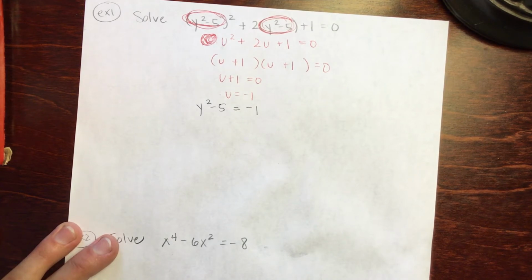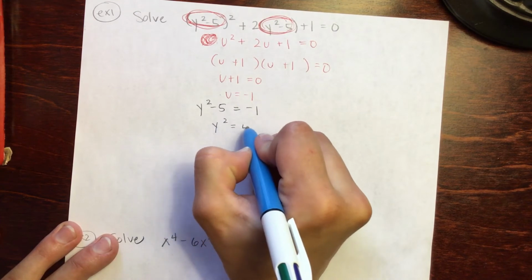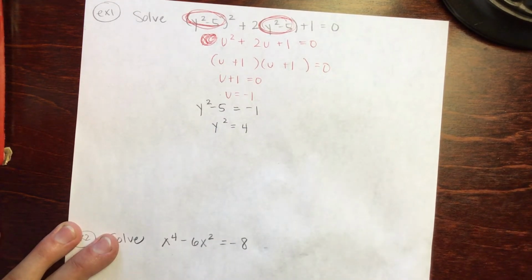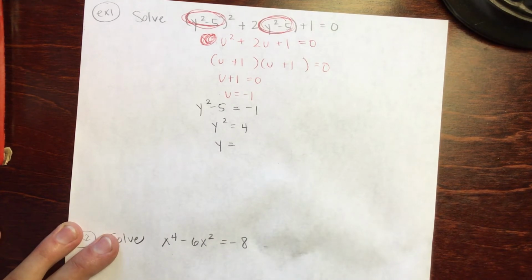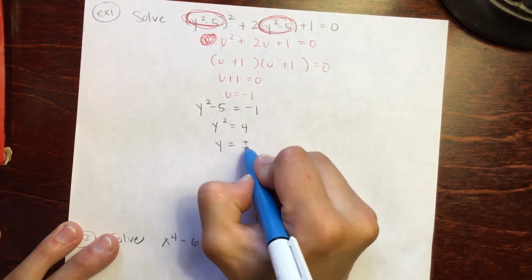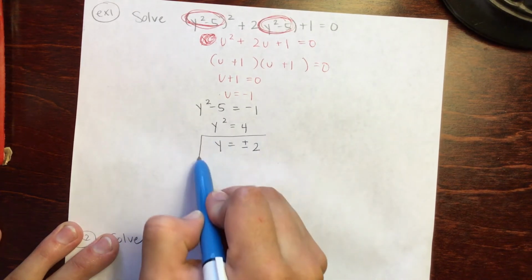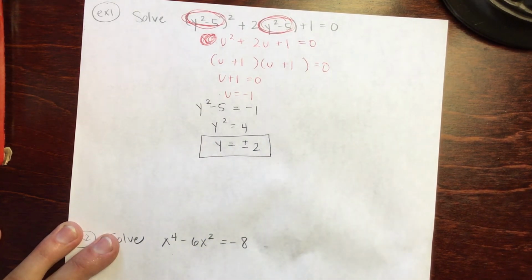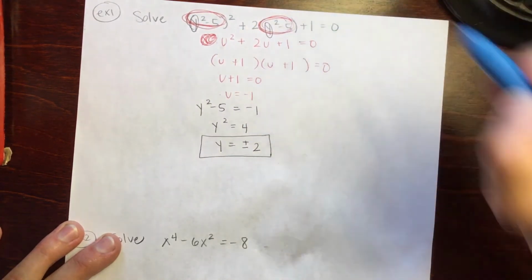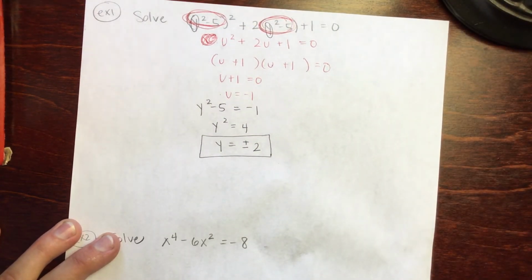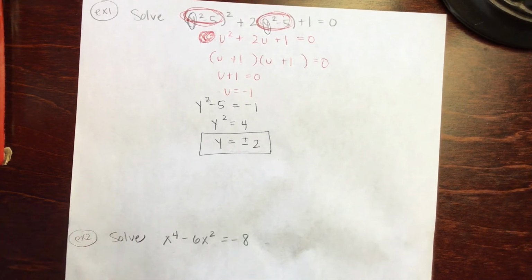Okay, let's solve for y. So add your 5 over to the other side and take the square root. Whenever you square root something that does not originally have a square root in it, that means you have to include the positive and the negative answer. And that's it. If I subbed a 2 back into this original equation for my y's, or if I subbed a -2 back into this original equation for my y's, I'd have it equal to 0,